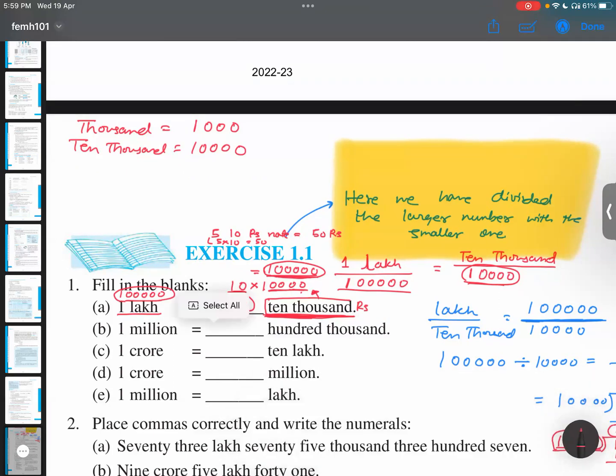Let's suppose I give you 10,000 rupees. Okay, so that 10,000 rupees you'll have 4 zeros in it. Now I give you 10 notes of